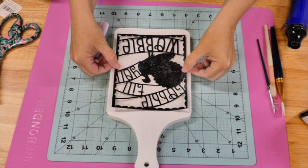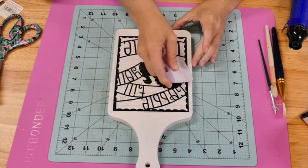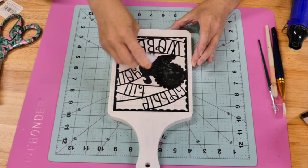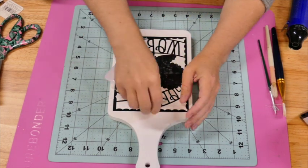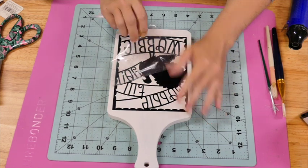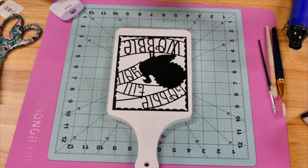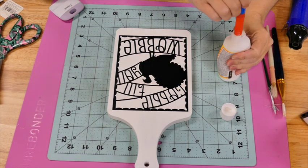And this project is so simple. So then all I did is I just went into Cricut Studio, and this image was on there. So I cut it out, and it just says "Gobble till you wobble," because duh, Thanksgiving. And so I just attach it to the front of the charcuterie board. And then at first I went over it with matte Mod Podge,